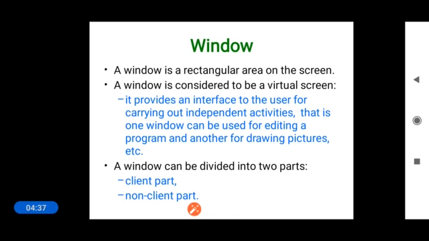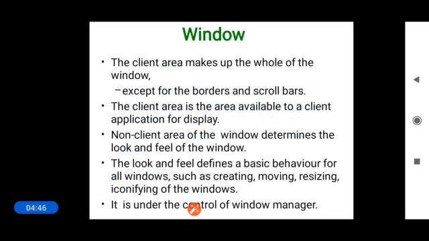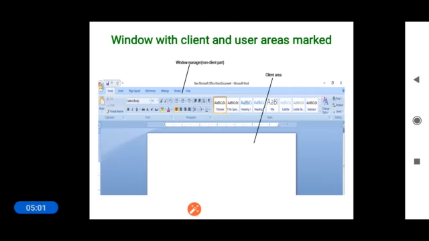Generally a window contains two main regions, that is the client part and the non-client part. The client part makes up the whole of the window except for the borders and scroll bars, and the non-client area of the window determines the look and feel of the window. For example, if you consider this window, in this window just a Word file is open.